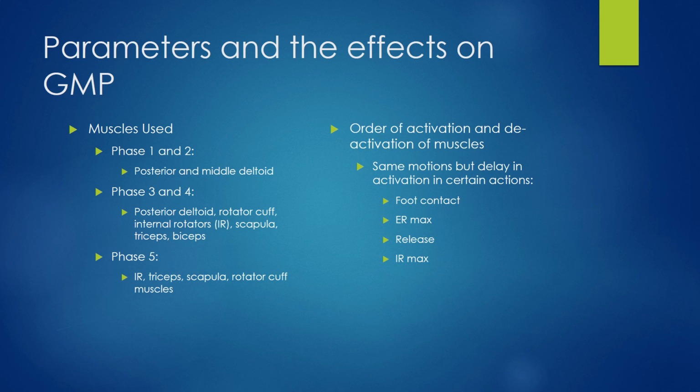So phase 3 and phase 4, which is acceleration and deceleration, you can see in both the first video and the second video that when they were going through these phases, the muscles activated were the posterior deltoid, the rotator cuffs, their internal rotators, or IR, their scapula and their triceps and biceps. Those were all fully engaged at the time to be able to have the acceleration and deceleration needed to complete